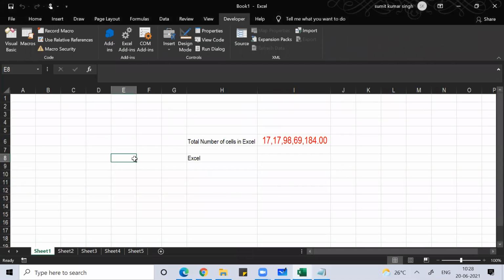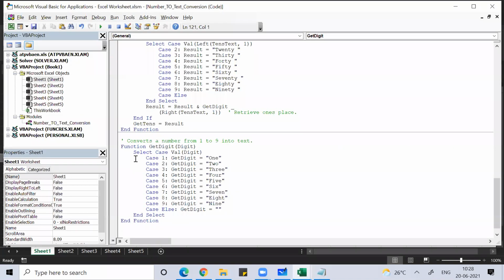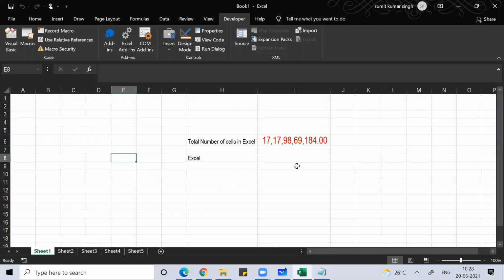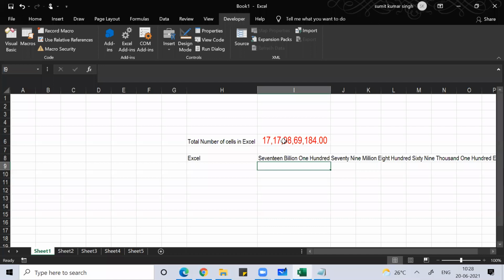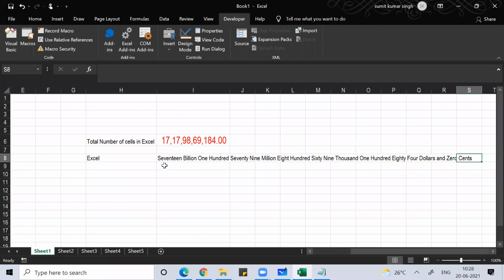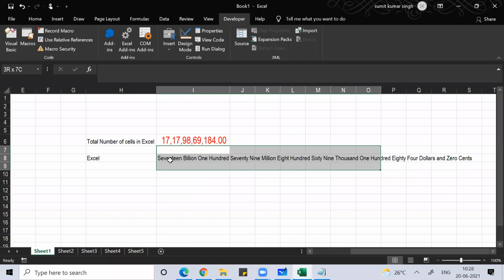If I go to Alt F11, I can see this. Now I'll see if that function is there. SpellNumber, and I click on this cell, enter. So this is the answer, guys. Before it was not there; if you try in the system, it is not there.